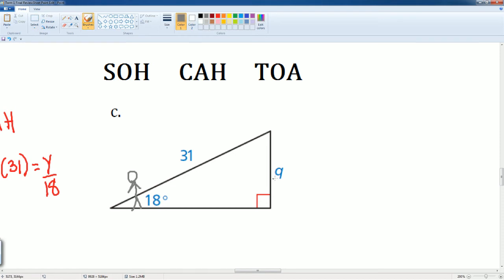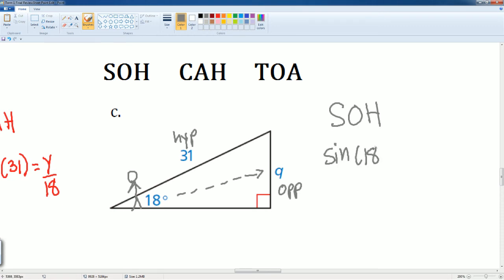So Q is my farthest one, right? So this is my opposite. 31 is my hypotenuse, which is the longest one. I have opposite and hypotenuse, so this is my sine. So sine of 18 degrees is equal to your opposite, which is Q, divided by your hypotenuse, which